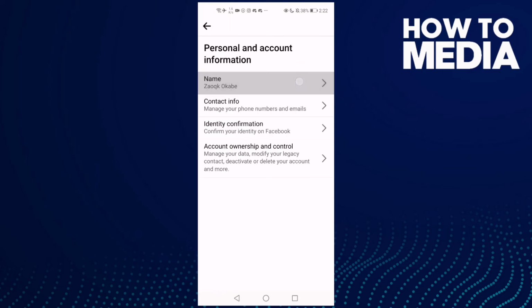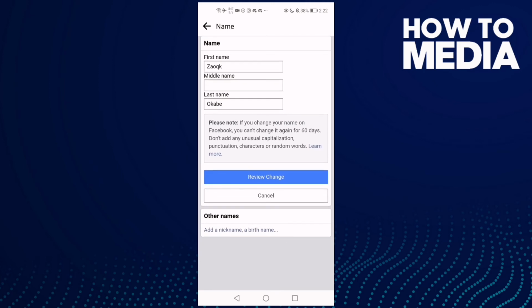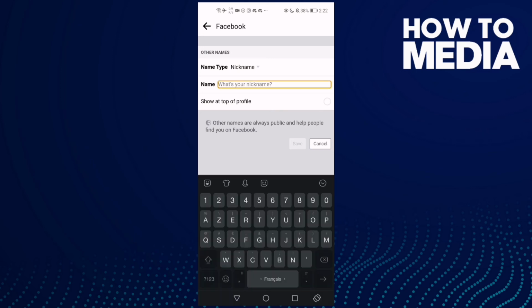and click name, and just you will find this one here, add a nickname, and click here, and you can add your nickname,